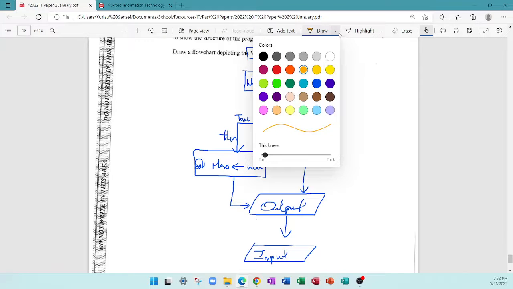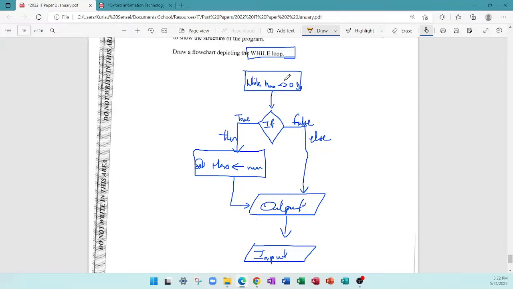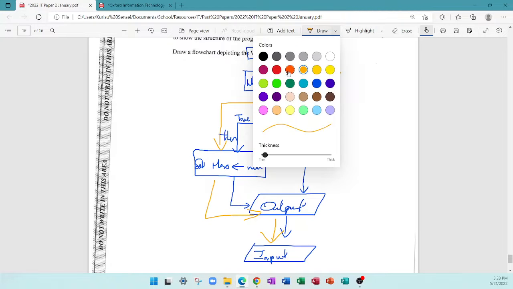So this is our loop here. If we were to go through it, while num is not equal to 0, say for instance the person entered 3, it's not equal to 0. So it's going to be true, come down here, set the value to max, come down here, give us an output, then come down here, we input the value. Now if the value does equal 0,